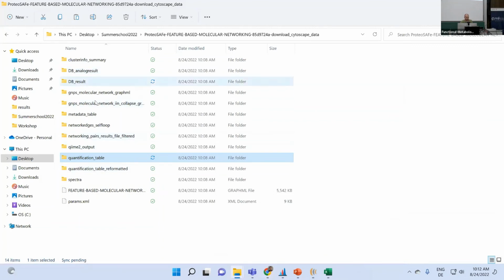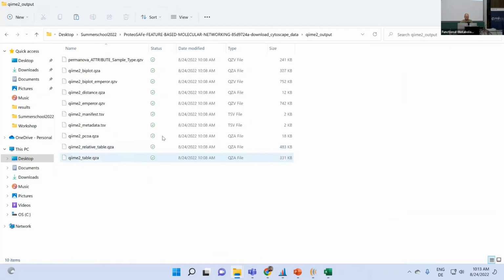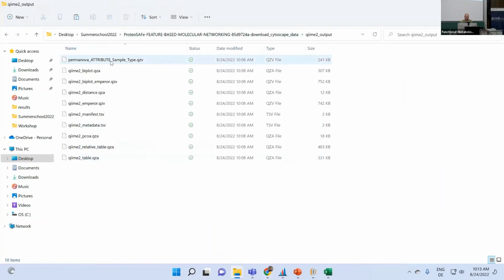Yeah, it might be even here already in my folder structure too. So there's this QIIME2 output files. And if I open that, then you will see these QZA and QZV files. And those are actually visualization files for the PCoA plots that GNPS made for you directly while processing all that stuff. So instead of the analysis that Madeleine and Francesco are going to do with you tomorrow,